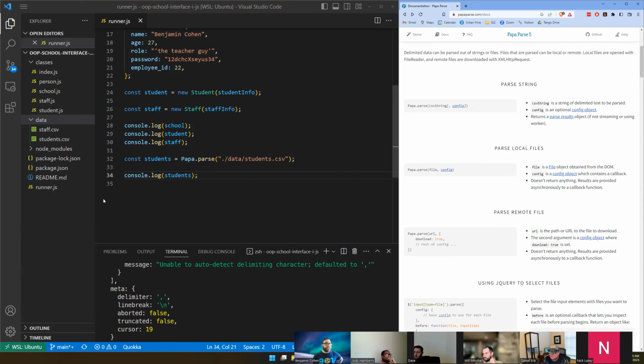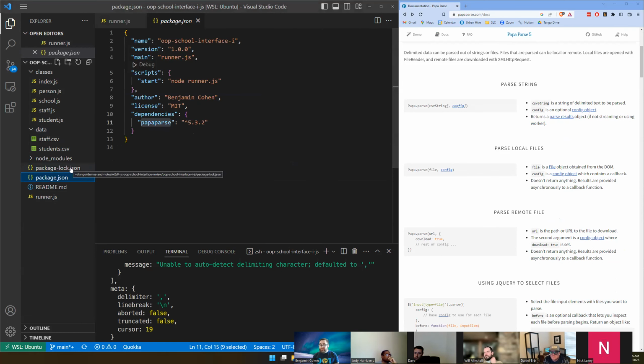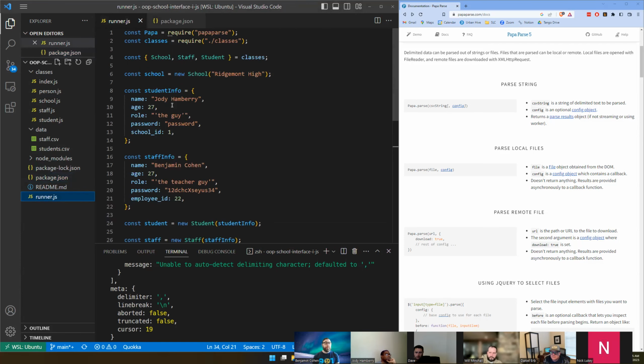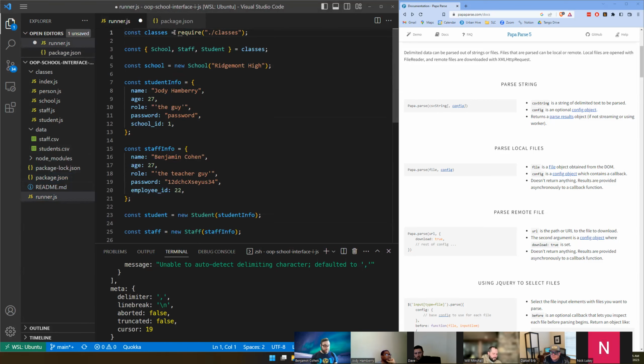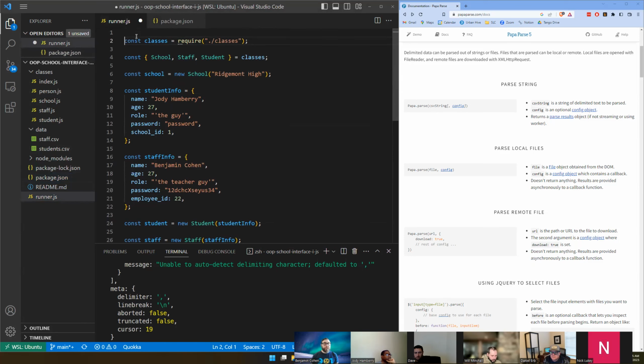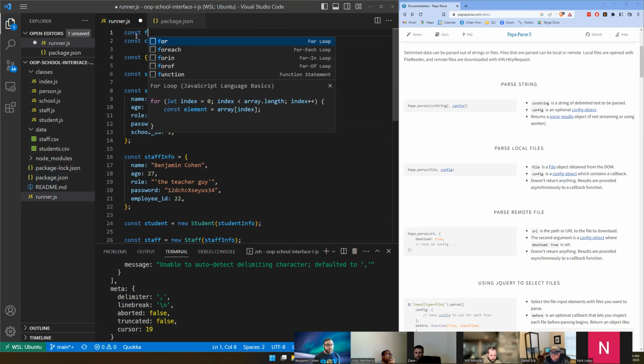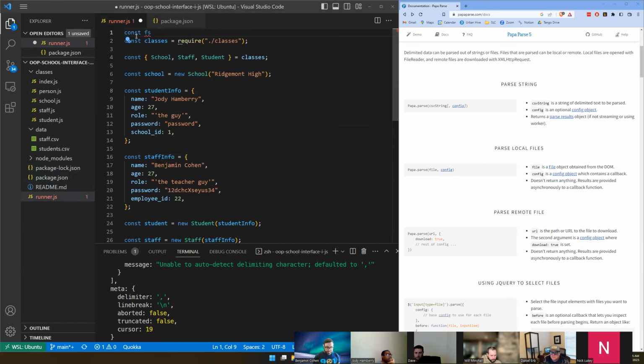Okay. In fact, I am going to do that. We have 5 minutes, so might as well see us doing that, because oftentimes that can be easier than using some library. So I'm going to remove my dependencies list right now. We're not even using papa.parse anymore. We're going to take pop-up parse out here. We are going to include const fs equals require